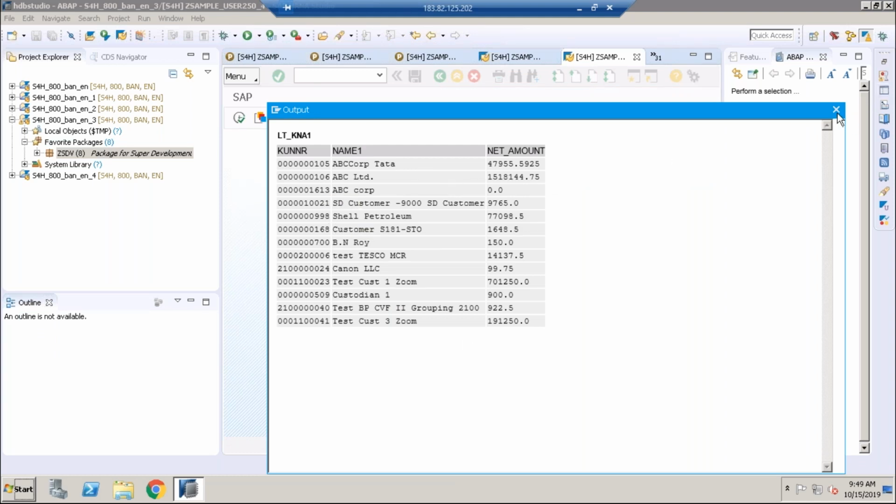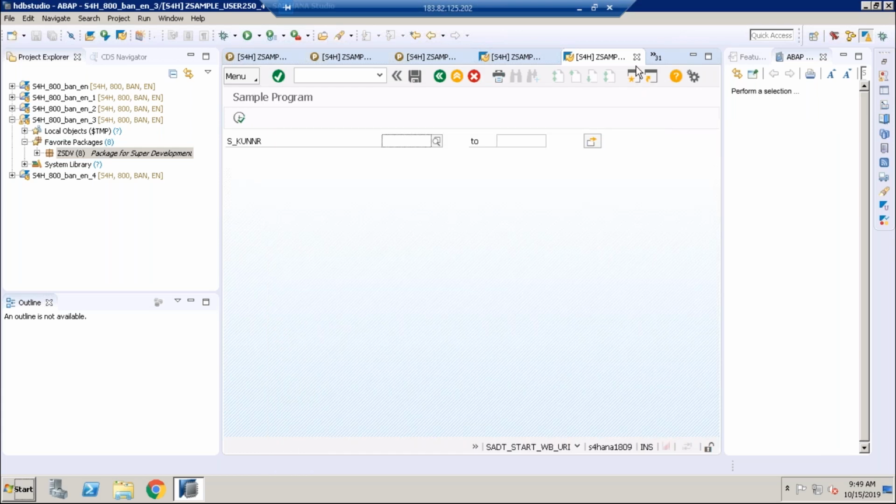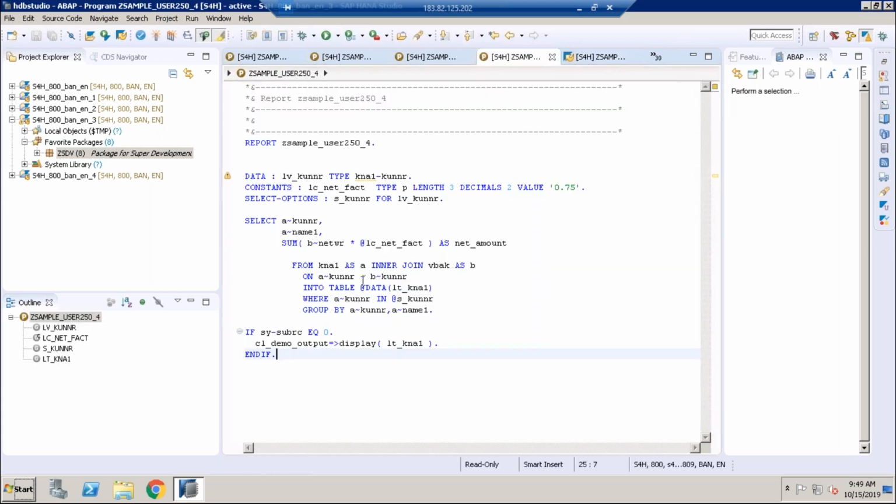Clear? The same way you can have different aggregations. Now we are doing summation, right? Summation means it combines all the order values. Suppose I want to know the minimum order amount for every customer. I want to see all the minimum order amount values for every customer. So at that time we have